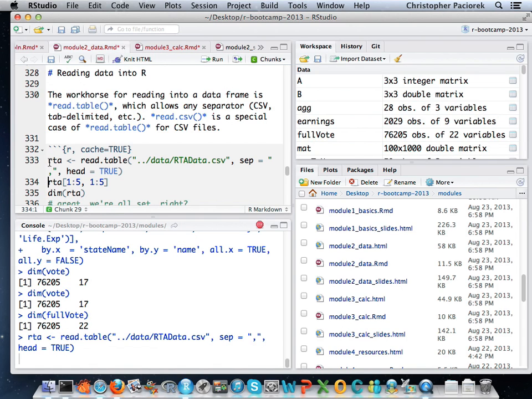Okay, so I went in and I said, okay, I see that's a CSV file. Each of the columns is separated by commas. And I just looked at the raw data file, and it did have a header row that indicated the names of the columns. So you can sort of interpret what the arguments are here to the read.table. And I just sort of went blindly and said, let me just try this and see if it works.